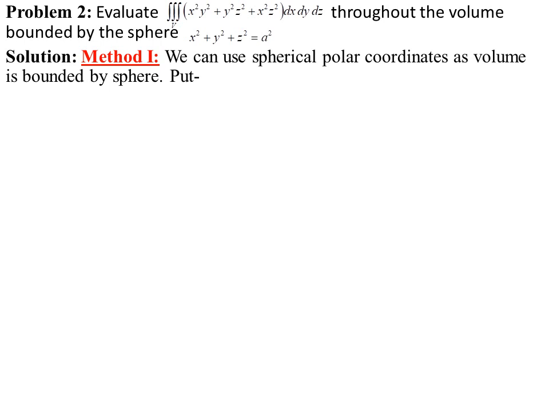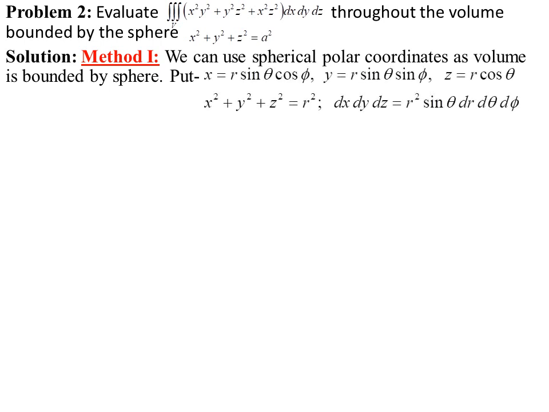It's not in the exact form of integrand which is required for Dirichlet theorem, but it can be converted over here. How? Let us see further. So first of all, based on the spherical polar coordinates, method 1 I am going to explain. The very usual substitution we are going to do is x = r sin theta cos phi, y = r sin theta sin phi, and z = r cos theta.